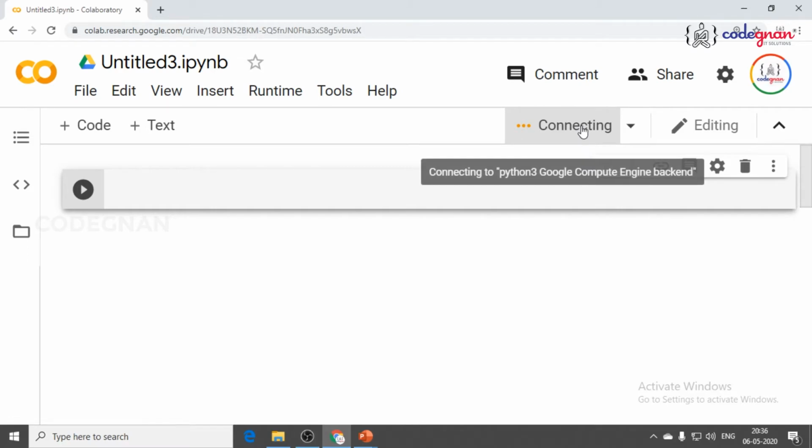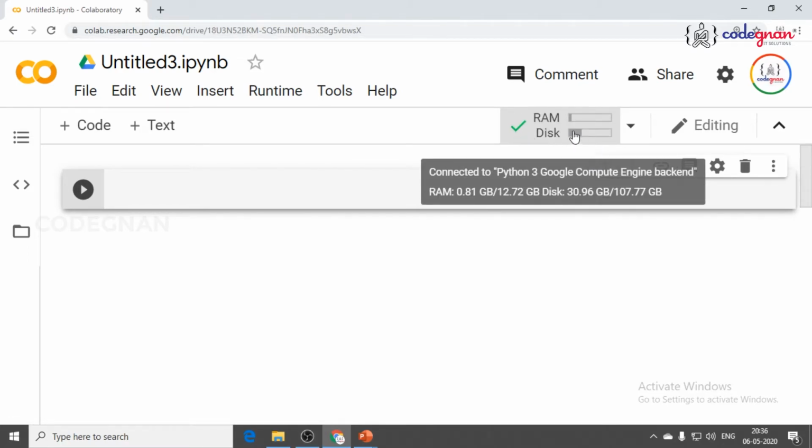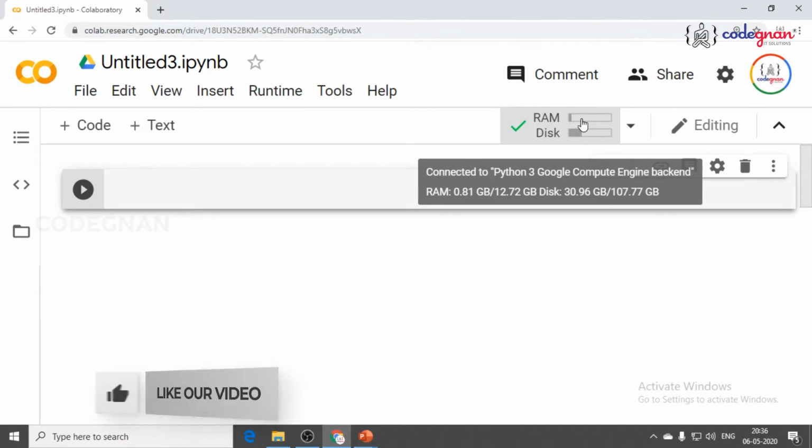It takes some time, but if your internet speed is good, you will see initialization. You can see it has assigned you nearly 12.72 GB of RAM and 107 GB of disk space. We can easily use it, as most of us will be using Gmail, right? So we can use Google Collaboratory. We need not install any of the packages. From the application point of view, for something like ngrok, I'll be installing those packages. Other than that, you can easily go ahead.